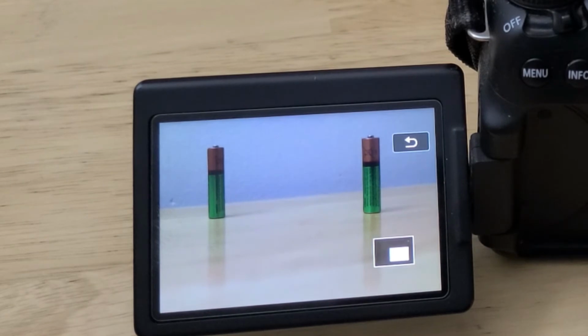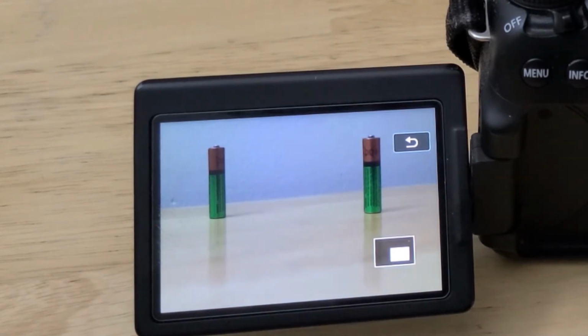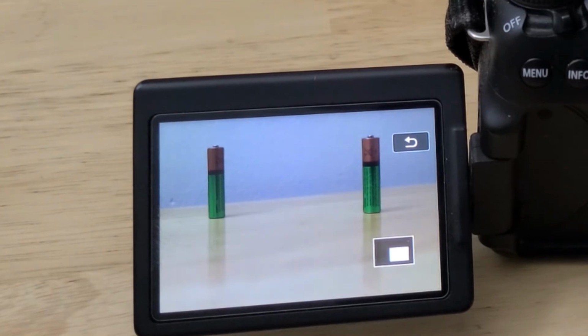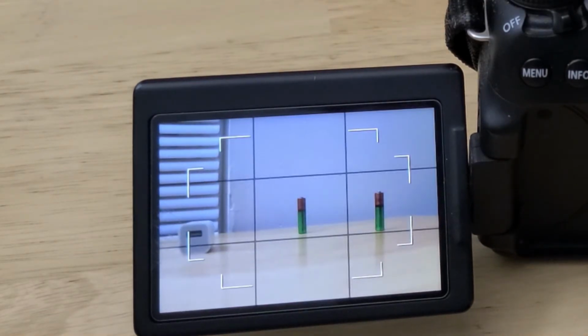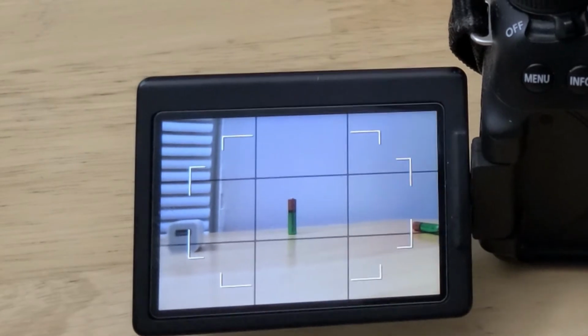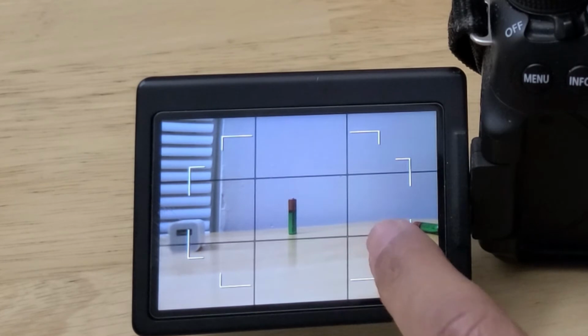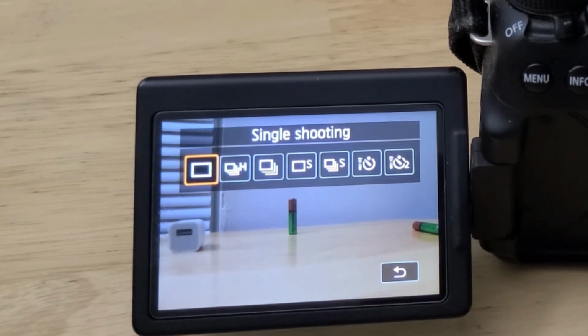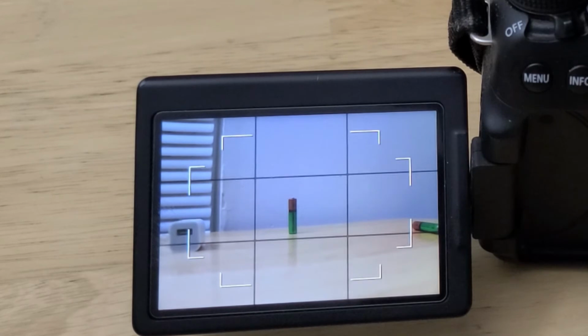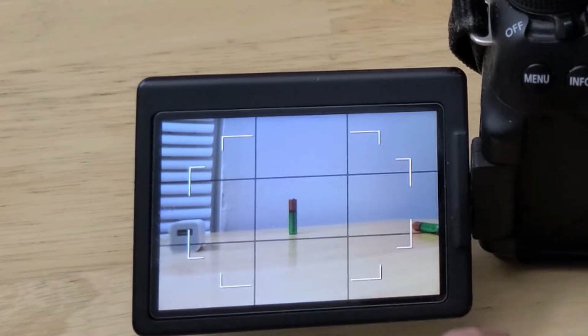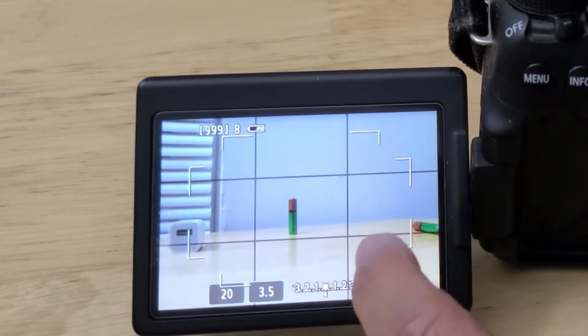So in this case, there is no motion or movement, but let me give you an example of what happens when I use this shutter speed and there is some movement. I'll just use this battery. I'll try to move it around, let it follow its own path, and let me change the angle so that I can take a photo in here. I'll change it to a timer so that I can push the battery and then it can take a picture. Let me reduce the shutter speed further.